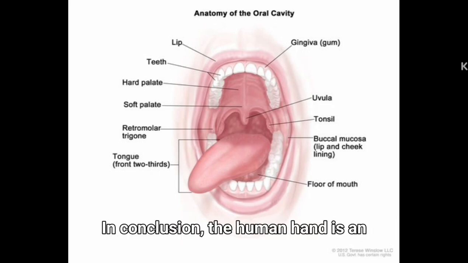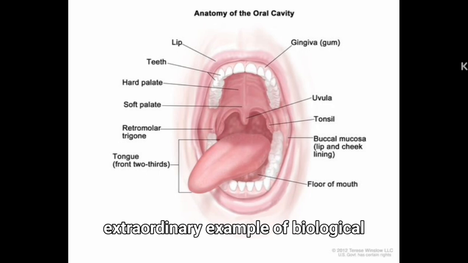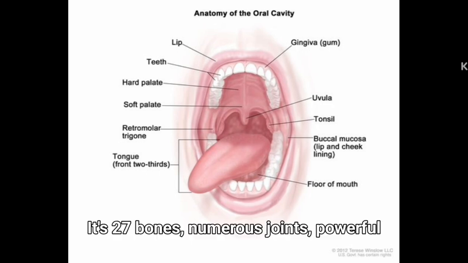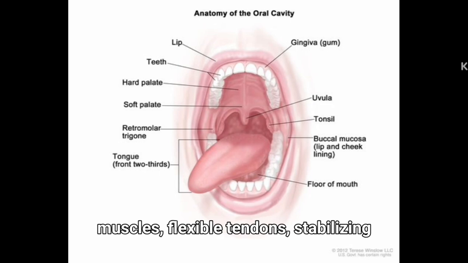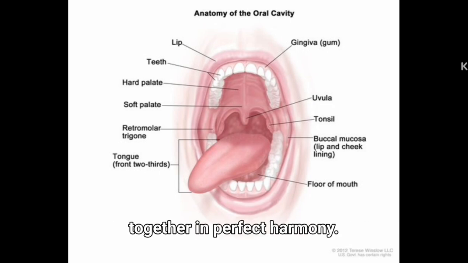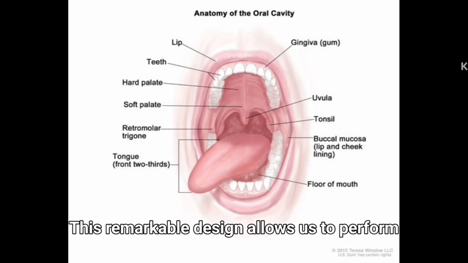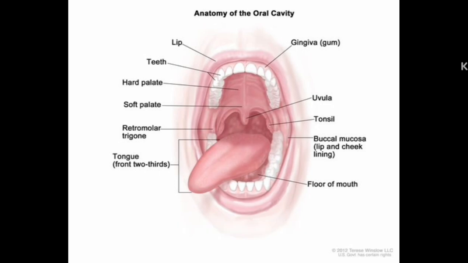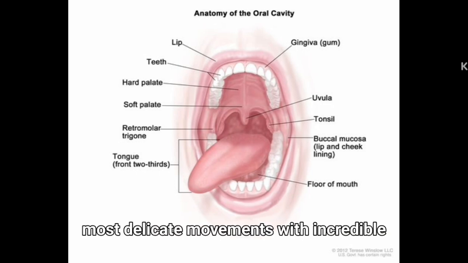In conclusion, the human hand is an extraordinary example of biological engineering. Its 27 bones, numerous joints, powerful muscles, flexible tendons, stabilizing ligaments, intricate nerves, and rich blood supply work together in perfect harmony. This remarkable design allows us to perform everything from the strongest grip to the most delicate movements with